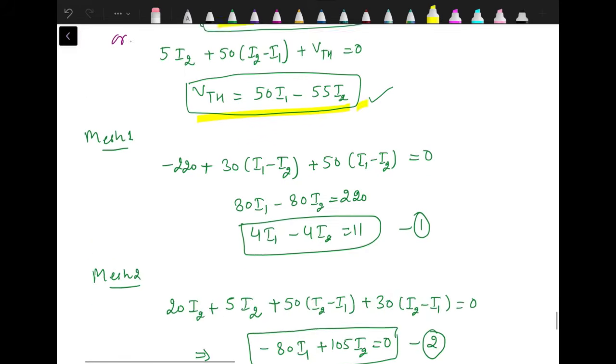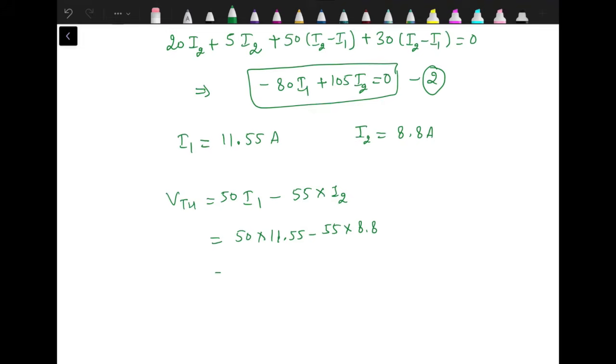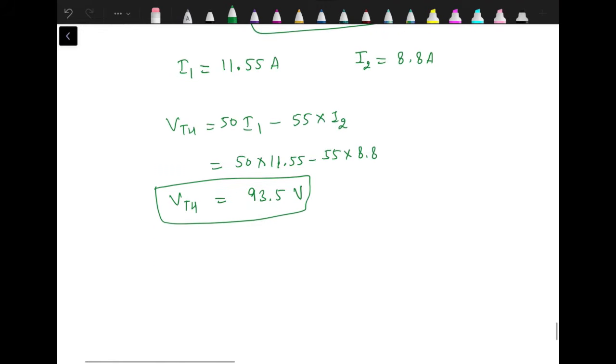So if I use the second equation, then VTH is equal to 50 into I1 minus 55 into I2. So 50 into 11.55 minus 55 into 8.8, and hence this VTH is 93.5 volts. So we are done with one part. Next part is we need to calculate